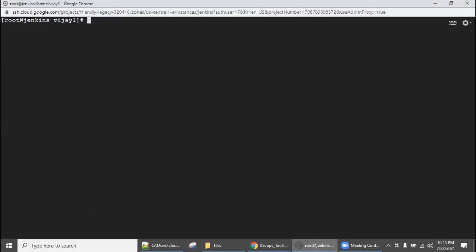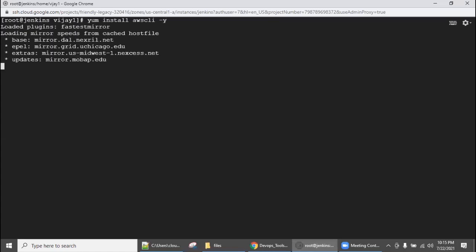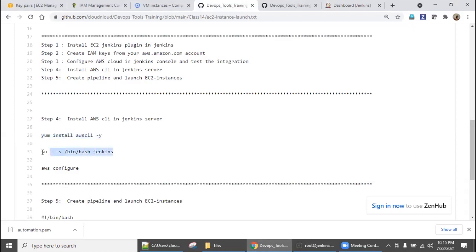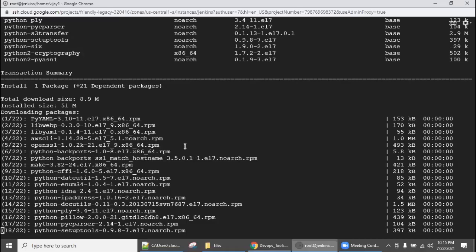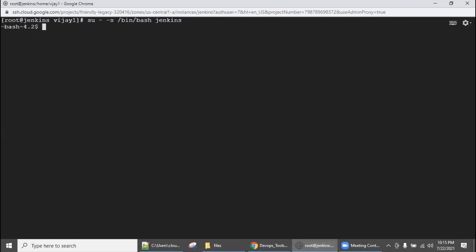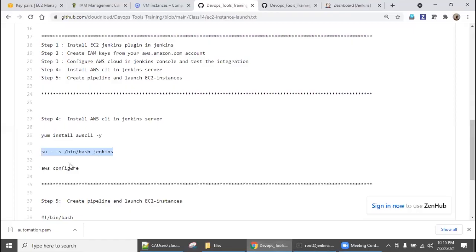So I'm in the Jenkins server. I'm installing this package. Whenever any pipeline runs, it will run as a Jenkins user only. So first I'm logging in as a Jenkins user. Now I'm in the Jenkins user.